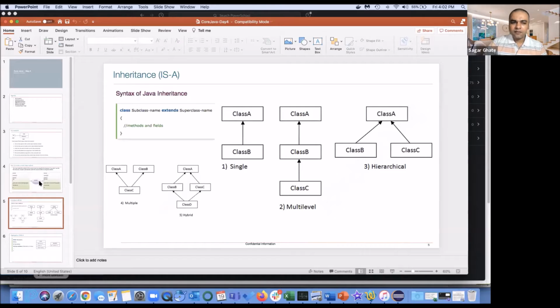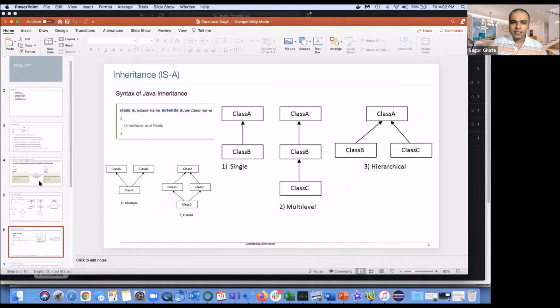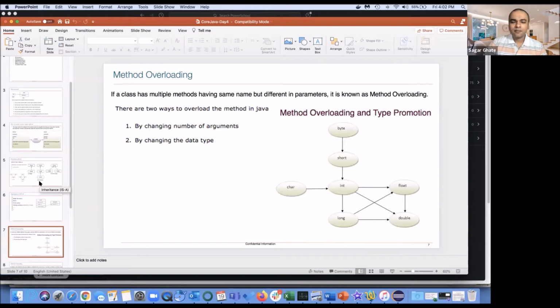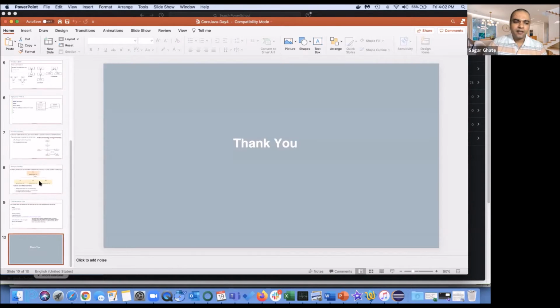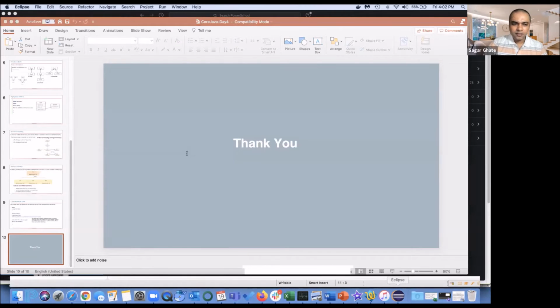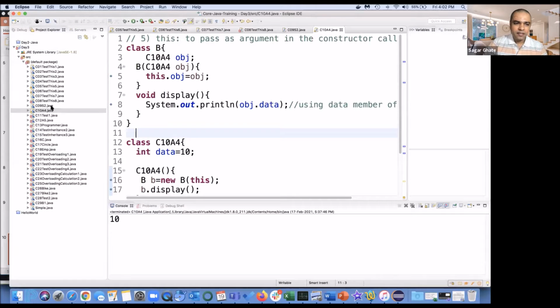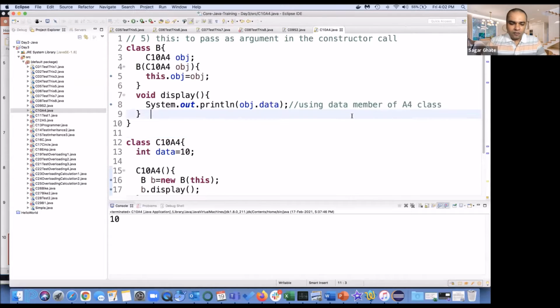Okay. Then theoretically we only understood the is-a relationship and has-a relationship, and then something on method overloading, overriding. And then we were doing some programs. So let me open my Eclipse. I believe we completed till program number 9. So we were at program 10, and from here we are going to continue. And do stop me if you feel that some doubts are not clear. Okay.